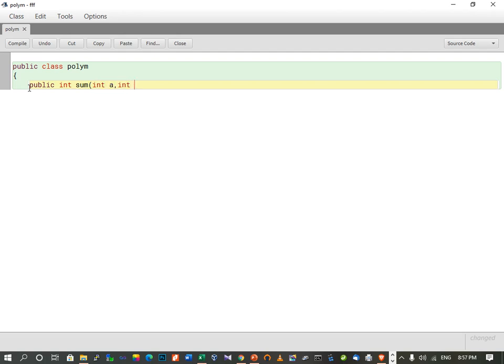Just now we saw that method overloading can be implemented by providing different types of arguments, either by providing a different number of arguments or by providing different data types. Here, as I have taken int, this function will return the sum of these two numbers, a and b. So return a plus b.